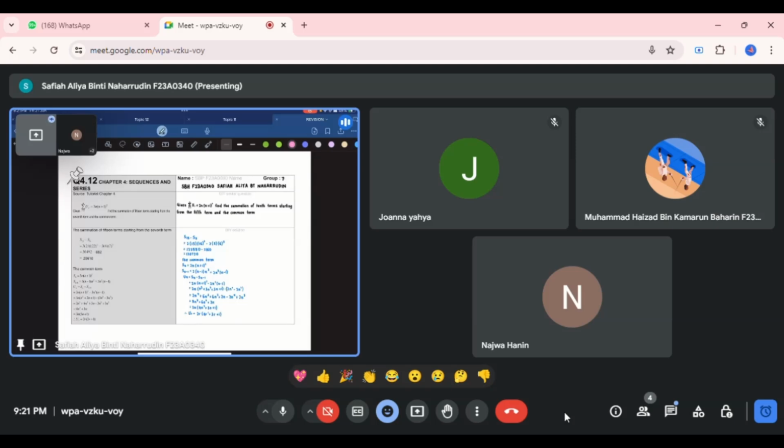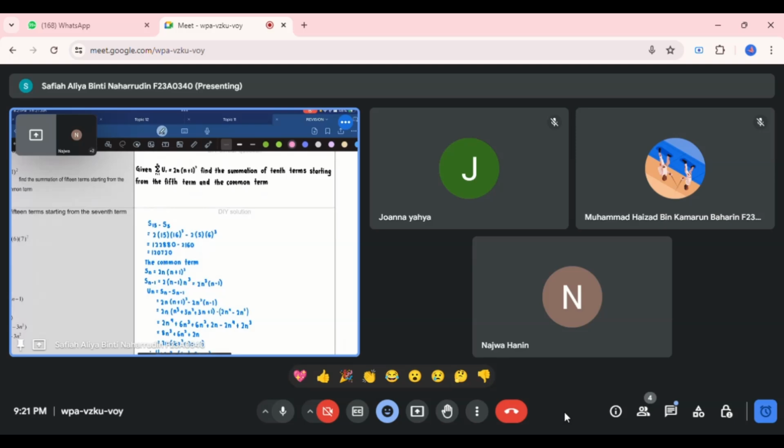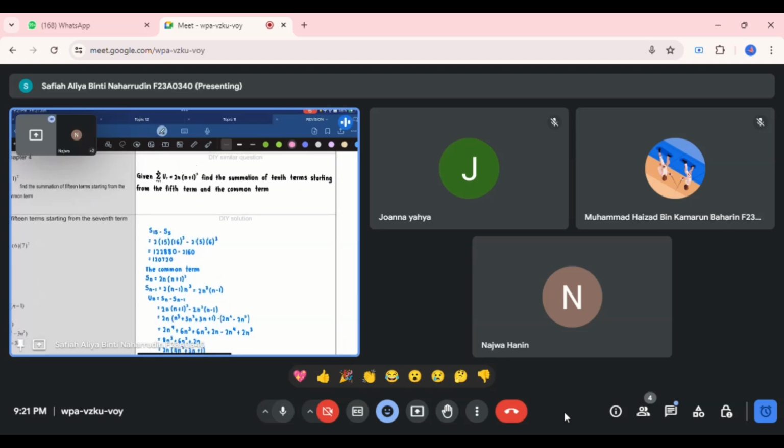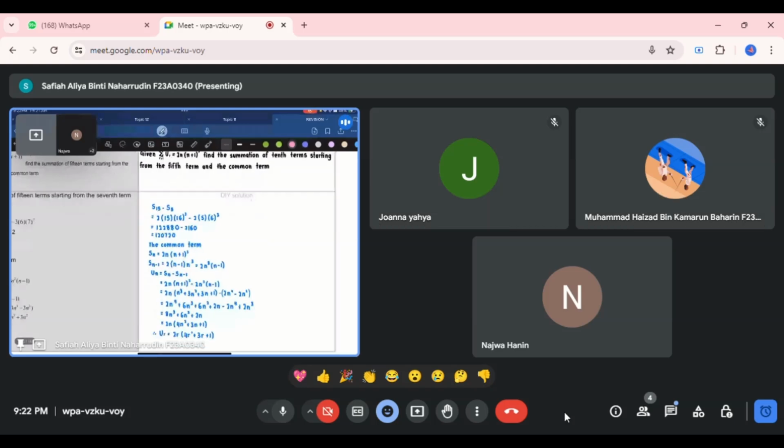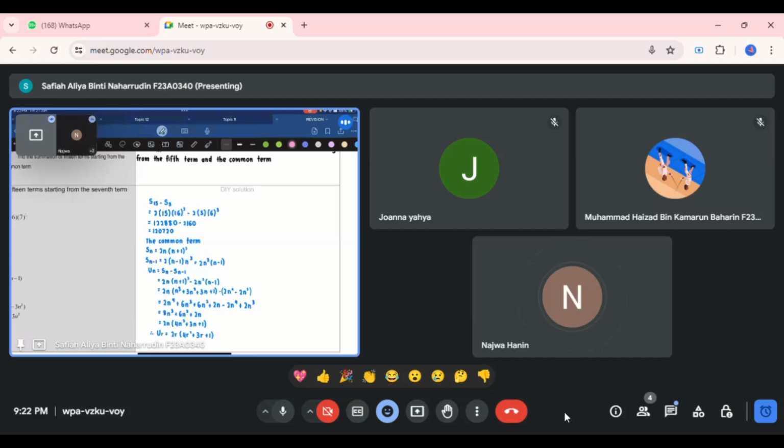For question 12, given the sum of the first n terms is 2n times (n plus 1) to the power of 3. Find the summation of 10 terms starting from the fifth term, and the common term. So we use the sum of the first 15 terms minus the sum of the first 5 terms. So we get the answer is